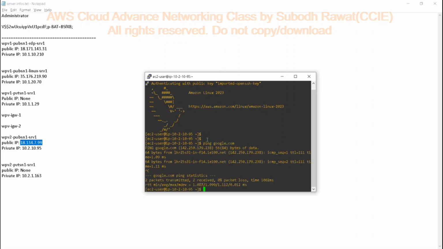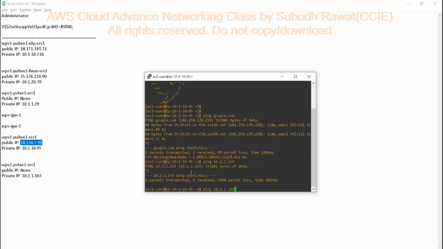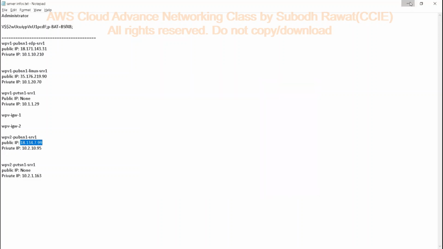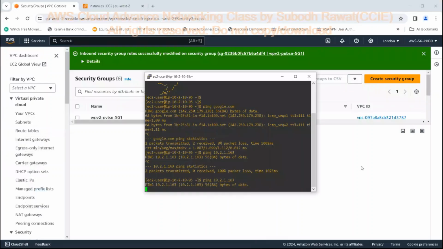Yeah, I can go out. Okay, but I cannot communicate between the servers. I can ping this one, 10.2.1.163. Actually, ping is not allowed, but let's see, that 163 is not allowed. Okay, so I keep it pinging. What I will do, first thing first, I will allow all the communication between the security groups, public and